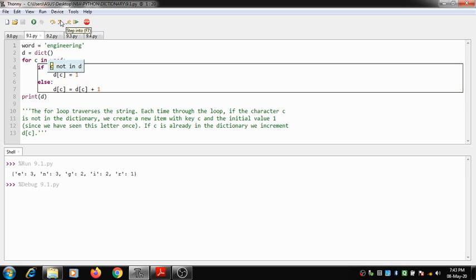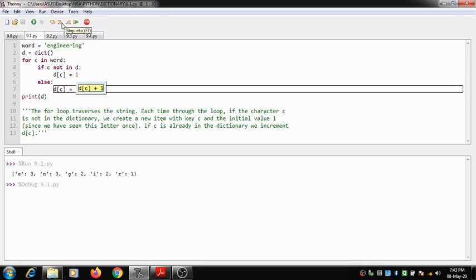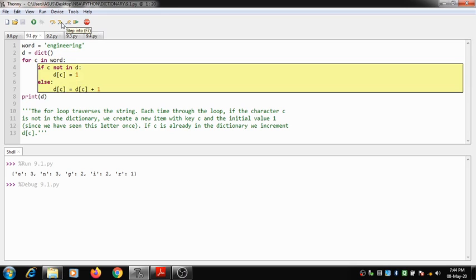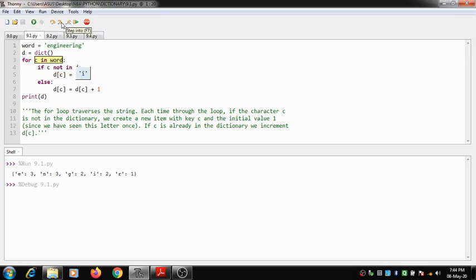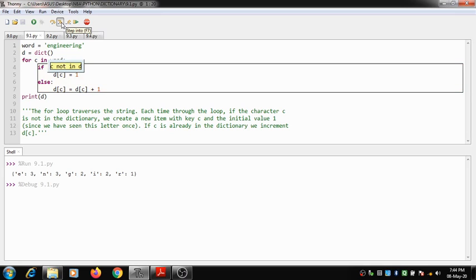Okay, now I will check the next character e. So as e is already present twice, we have seen it. Once again the if condition returns false, okay, once again I increment the value of e to 3. So e has appeared how many times? 3 times. Which is the next character that is going to come? That is r. Has r been present in the dictionary? No. So this is the first time r has been encountered in the string. So it returns true, and we make an entry in the dictionary by specifying the value as 1.